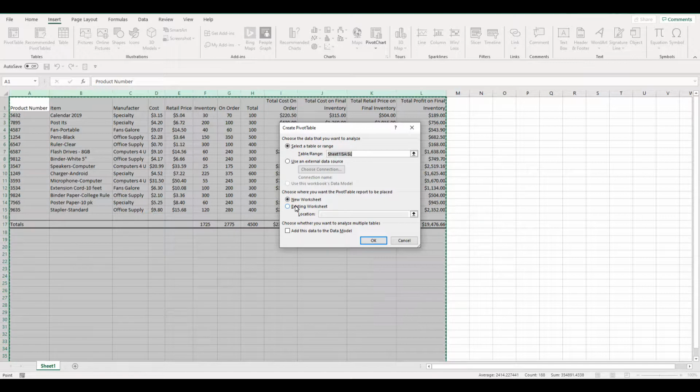And then it asks where do you want the pivot table. Do you want it on a new worksheet or an existing worksheet? And then you would put the location if you want it on this spreadsheet right here or a different spreadsheet, but we're going to use new worksheet, so it'll just create a Sheet 2. So click OK,